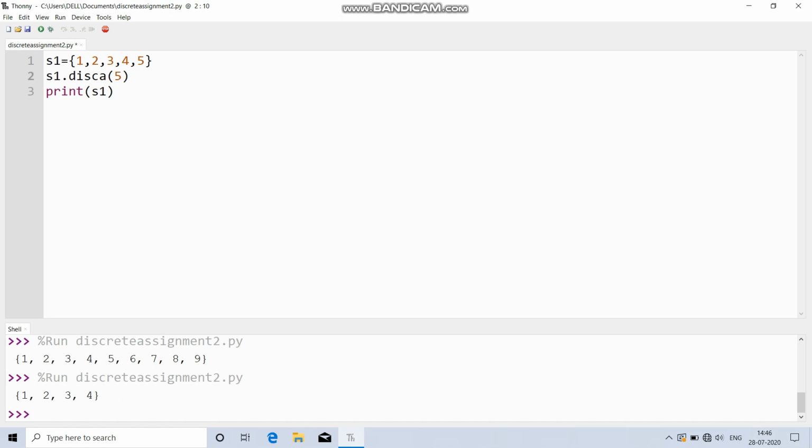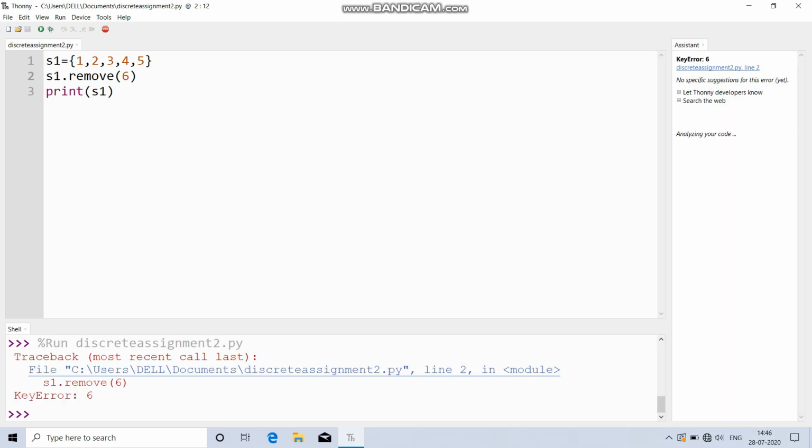The difference between the remove and discard methods is if we try to remove some value that currently does not exist in our set. Like if I try to remove a value of 6 that does not exist in our set here, then you can see it will give a key error.